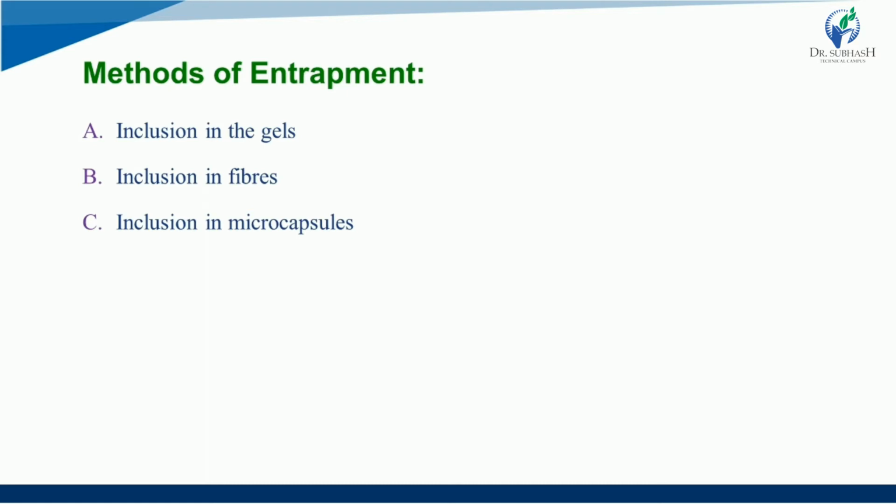See, enzyme inclusion in microcapsules is again really similar to the method that we are going to study, that is encapsulation. Right. As I mentioned earlier, entrapment and encapsulation are really close to each other. The method is almost the same. This inclusion in microcapsules means, I again repeat, that the enzyme will be entrapped inside a microcapsule formed by monomer mixtures such as polyamide, calcium alginate, etc. Right? So now we are going to see the advantages.